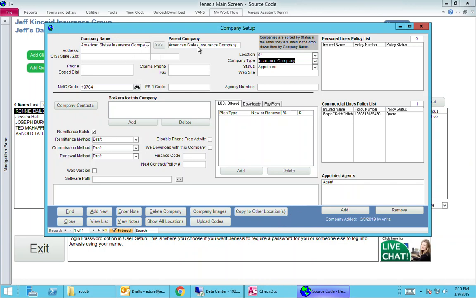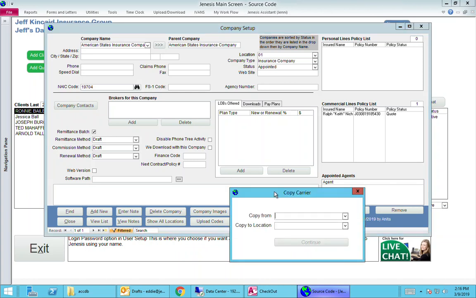So let's say you enter a new company or new carrier, and you're entering it for the location where you've indicated here. And let's say that you have multiple agency locations, not just one location, two or more locations. So you may want this carrier at one or more of those other locations. So if you click copy to other locations,